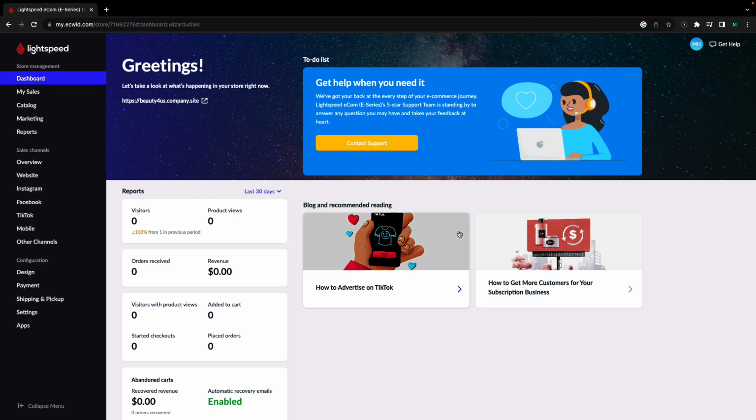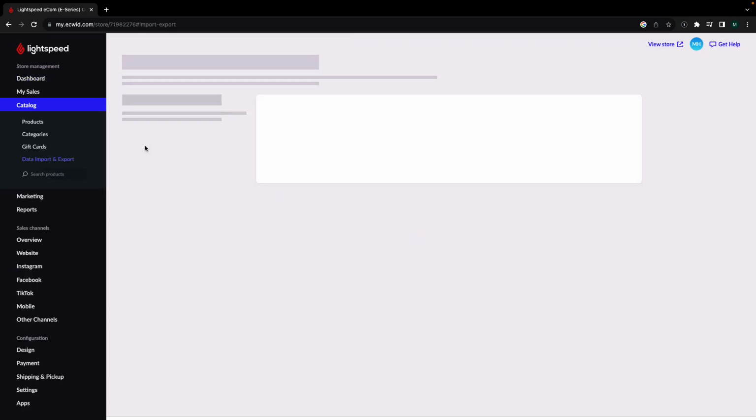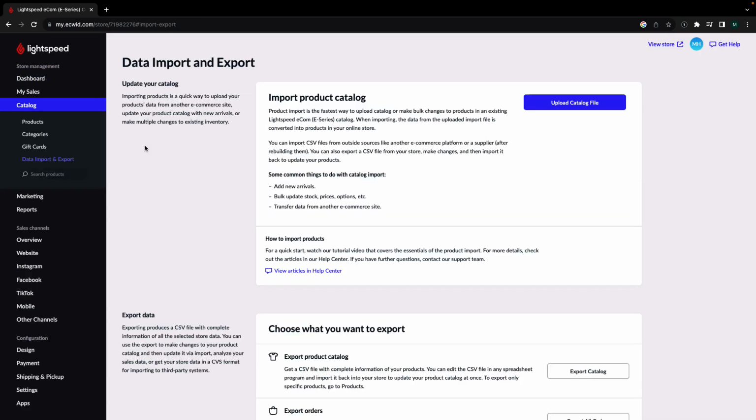Hi, my name is Madison, and today I'm going to show you how to make edits to your product catalog CSV to upload to Lightspeed. We'll start with the basics of editing spreadsheets to help make sure you're confident in updating your catalog in the